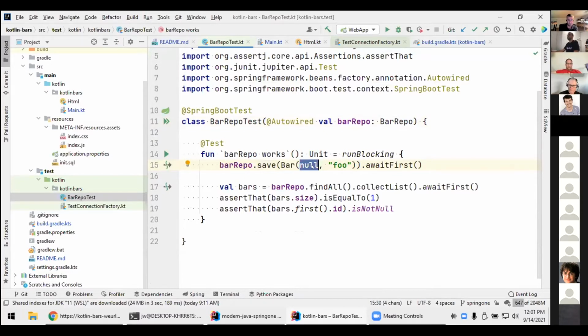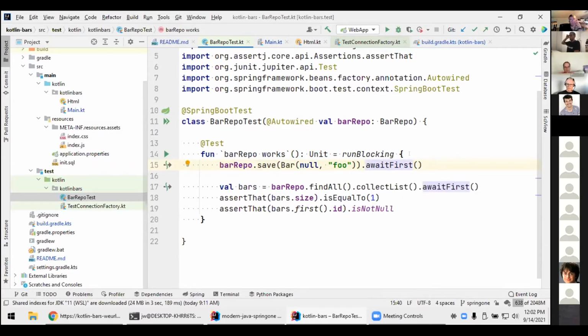Then what we get back from calling save is a mono. I'm using Spring and the Spring Reactor stuff, which is async and non-blocking. So what I get back is a mono, which is like a future in other languages. It's something that will in the future have the value, but it's a non-blocking way to interact with usually network resources. And so I call save on my bar, and then